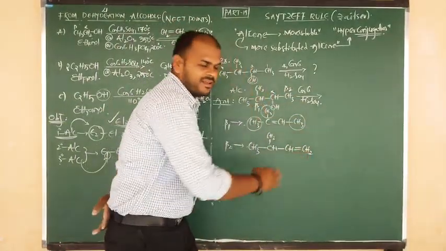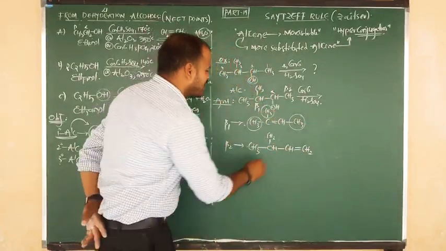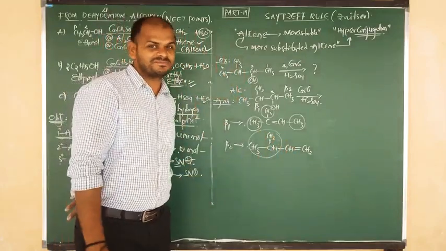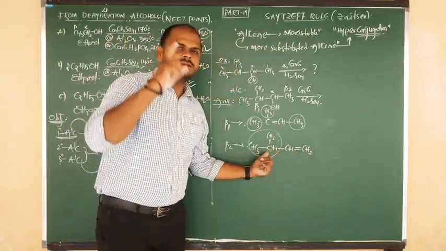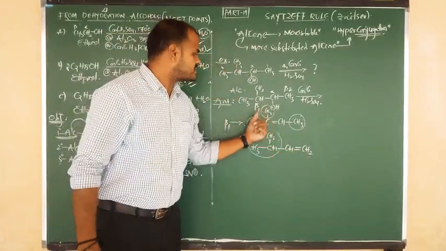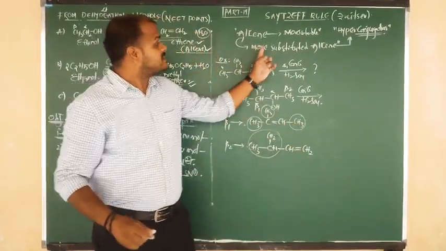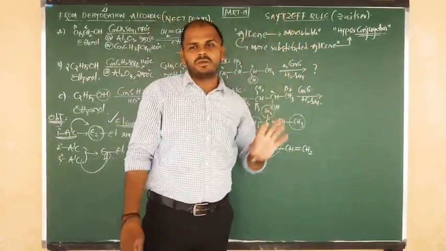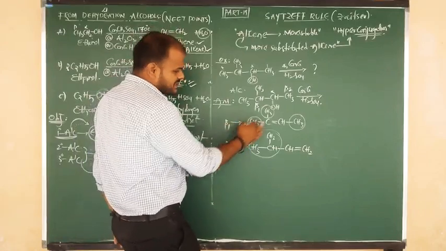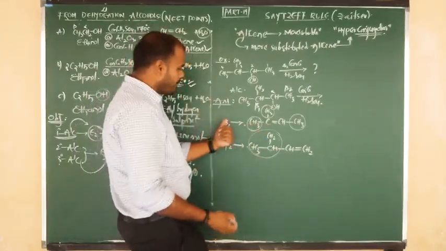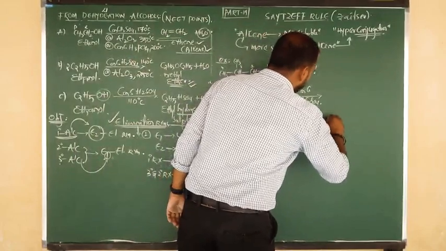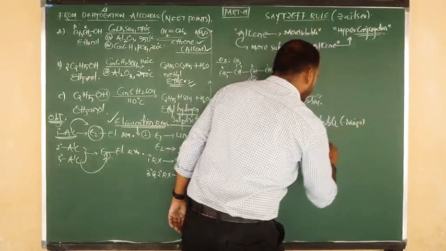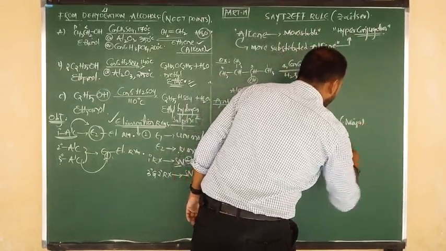Okay, go for the second one. C double bond C, on the right side, no more substituent. And this has only 1 substituent. There is only one substituent here. Okay? Around the C double bond C, the substituent alkyl group is 1. Here the substituent alkyl group is 3. As the alkyl side chains increase, stability increases. So beta 1 gives the more stable alkene. Beta 1 gives the more stable product, or we can say this is the major product, and beta 2 is the minor product.